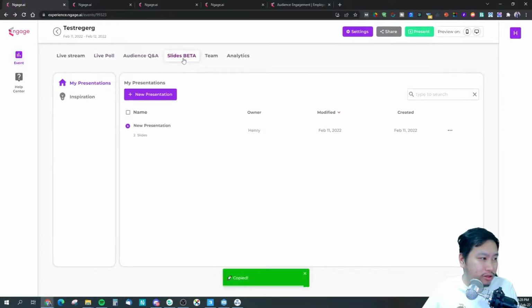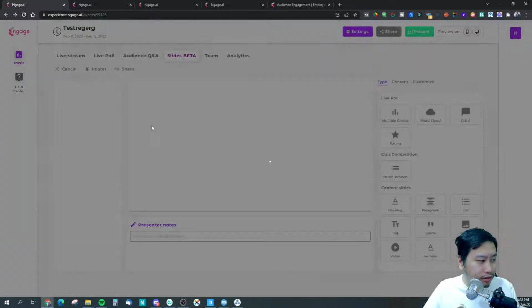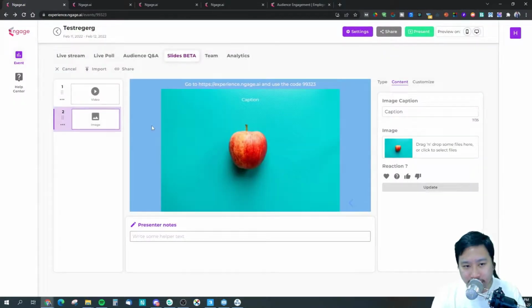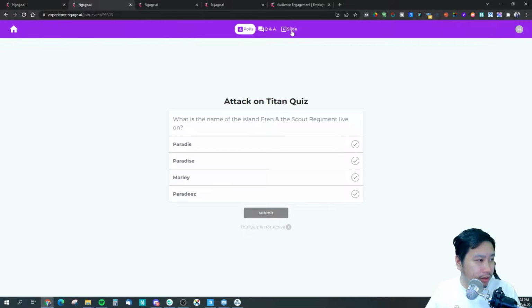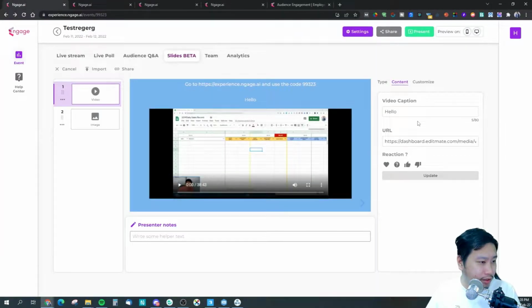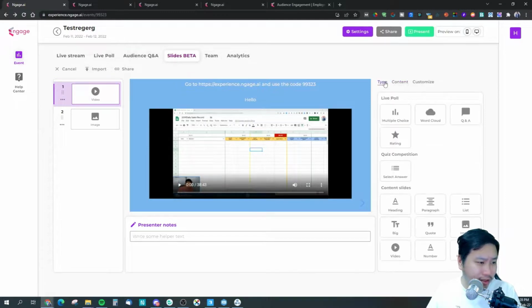So I'm just going to jump into the slides right here. What happens is I can actually use Ngage to create not PowerPoint slides, but slides in general. So the first slide, let me see how it works. Switching to the slides, I have to maybe activate this somehow.